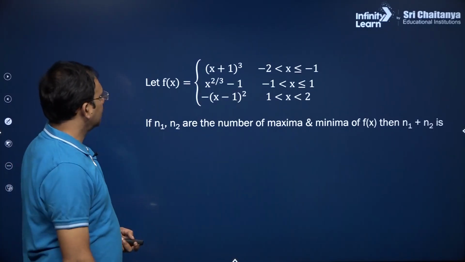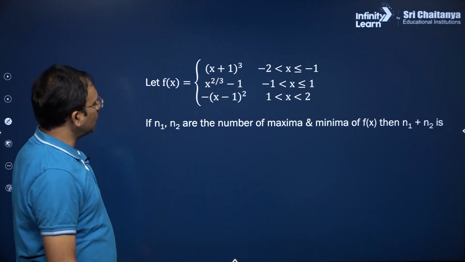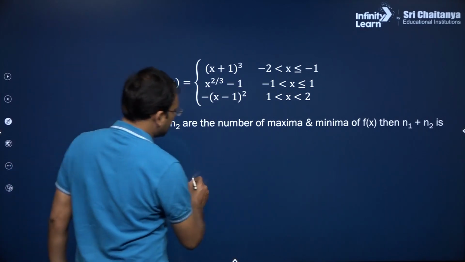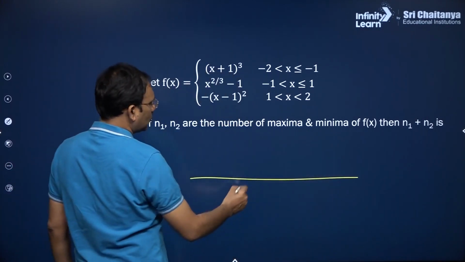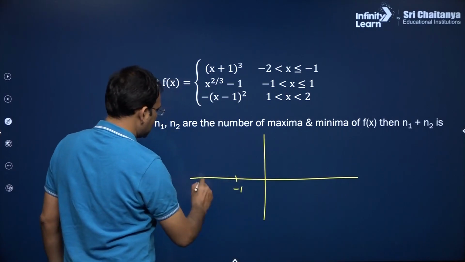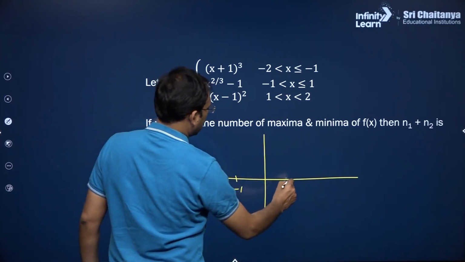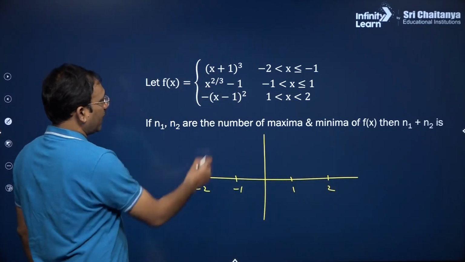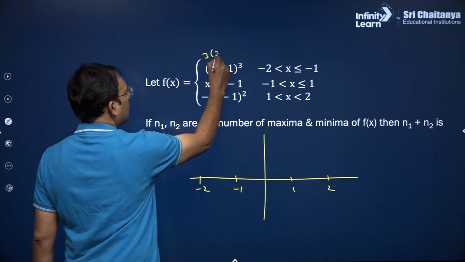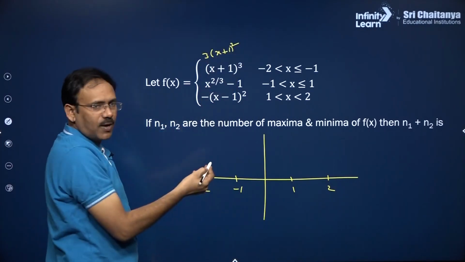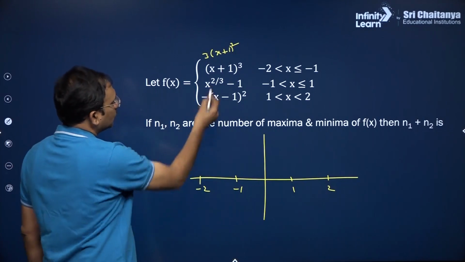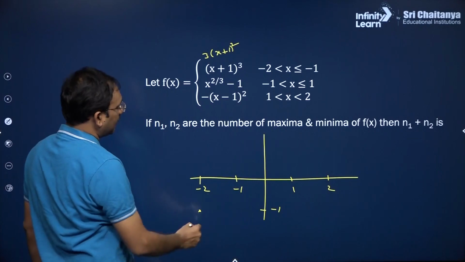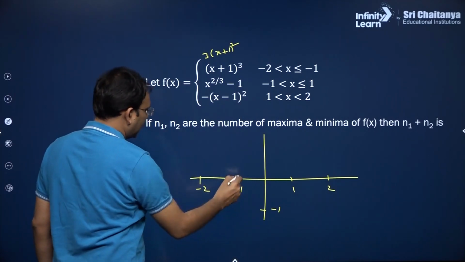Okay. Next, you see this function, friends. n1, n2 are the number of maxima and minima of f of x. So, the best thing is, rather than the derivative, you try to draw the graph, my dear friends. This is minus 1, minus 2, you can say 1 and this is 2. Okay. So, friends, x plus 1 whole cube, its derivative is 3 into x plus 1 whole square, which is always positive, it is increasing itself. So, at minus 2 you will get minus 1